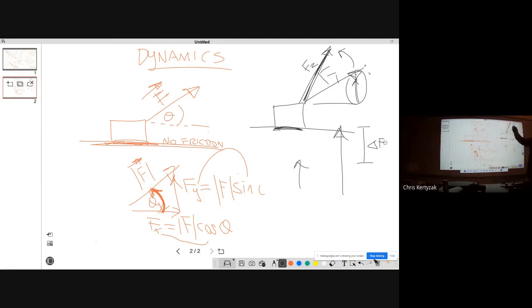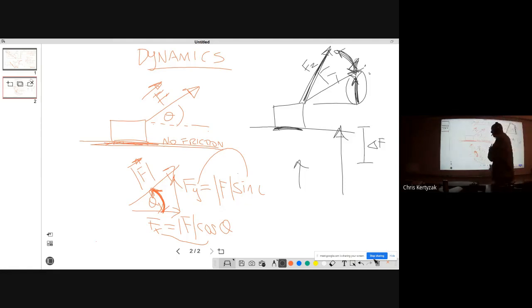Or vice versa. If you lower the angle, then the upward force that you're applying to the box is getting smaller and smaller as you keep lowering the angle. And the normal force has to make up for that. I'm going to have to start pushing harder up, right? The normal force would increase. Because in all cases,